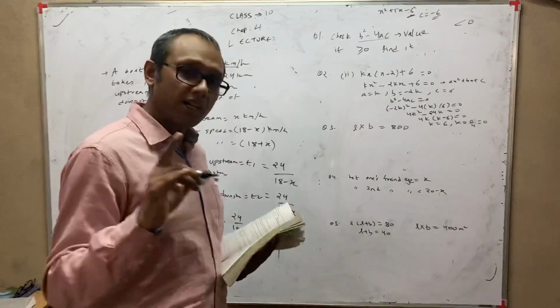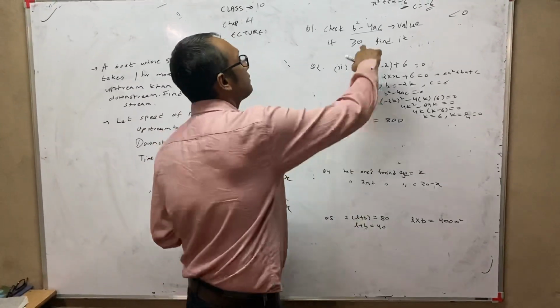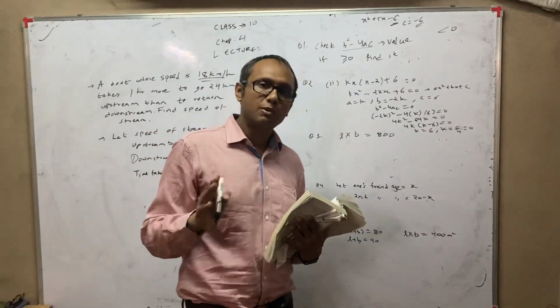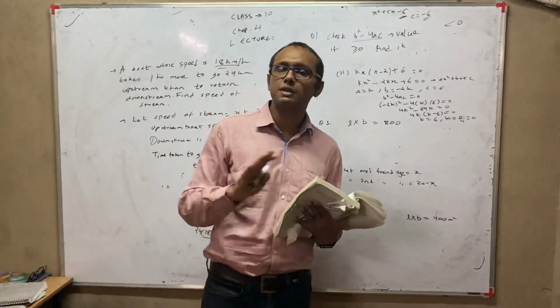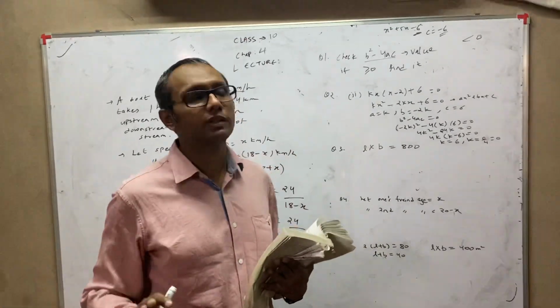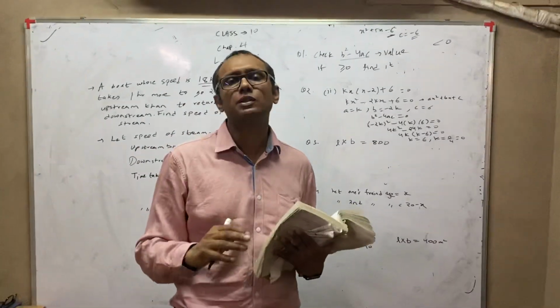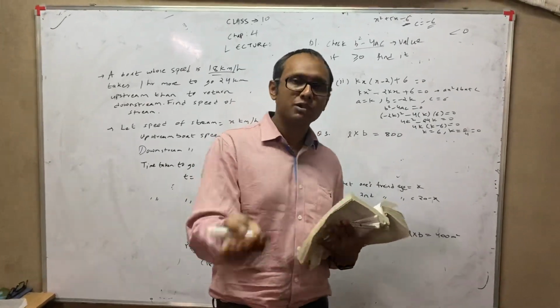So whenever this kind of question comes, after you make the equation and all, first check this value, b square minus 4ac. If b square minus 4ac is less than 0, then you say this is not possible, we cannot solve the sum further. But if b square minus 4ac value is greater than or equal to 0, then only you finish the sum fully. This step we have to do after of course making the equation.